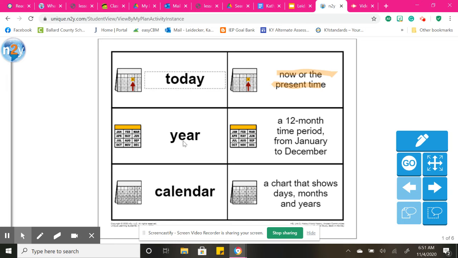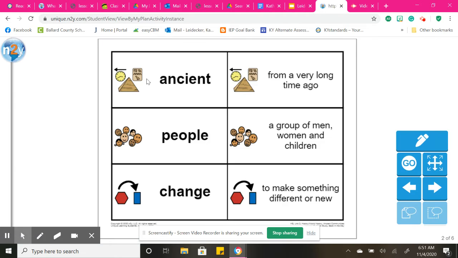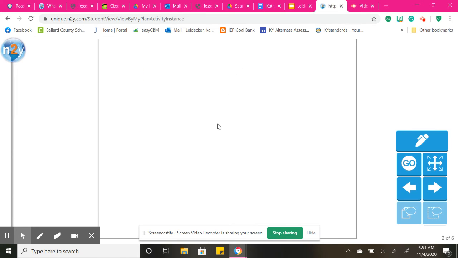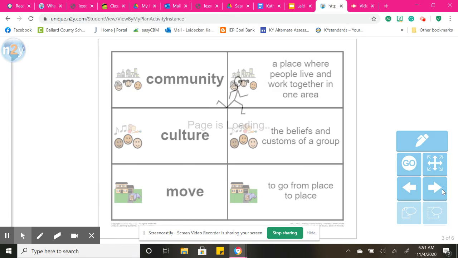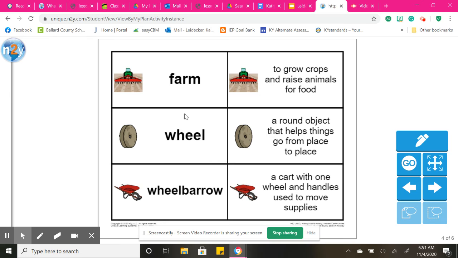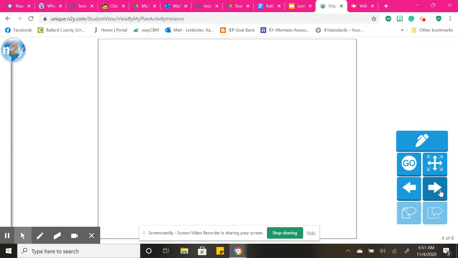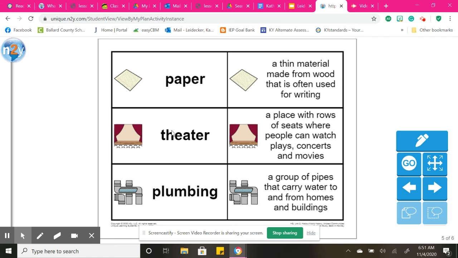Next vocabulary words are year, calendar, ancient, people, change, community, culture, move, farm, wheel, wheelbarrow, paper, theater, plumbing,